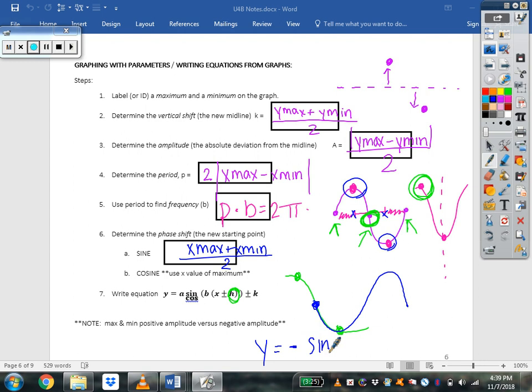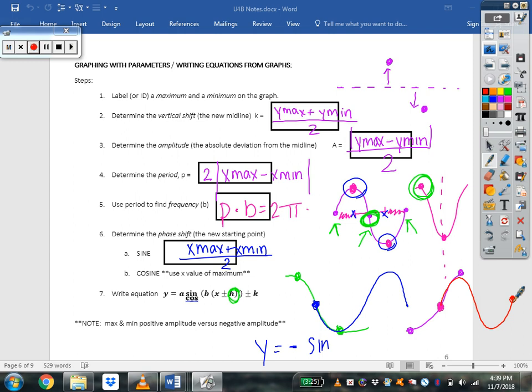Likewise, if you choose a minimum before a maximum, well the average value that you're getting is going to be right here. So then that's going to be normal. It's just going to be positive amplitude because if you think about it, you're going to be starting here and then one full cycle goes like that. So that's the only thing to keep in mind. If you ever have that, please, please, please be on the lookout if your maximum comes first or your minimum comes first. So that's why if you're given 2 points, try to draw a quick little sketch so you can